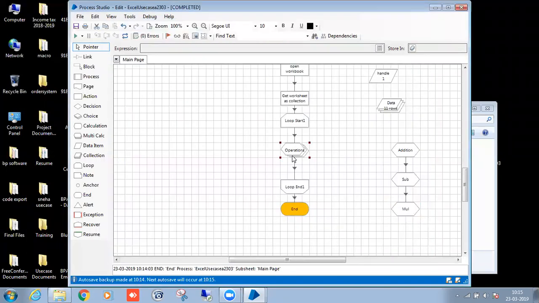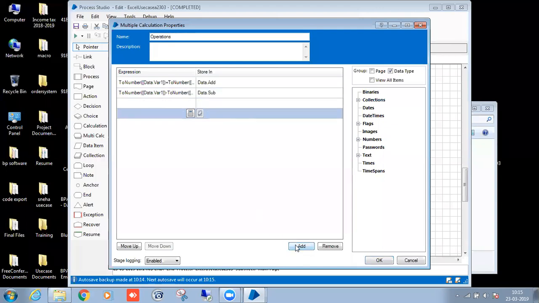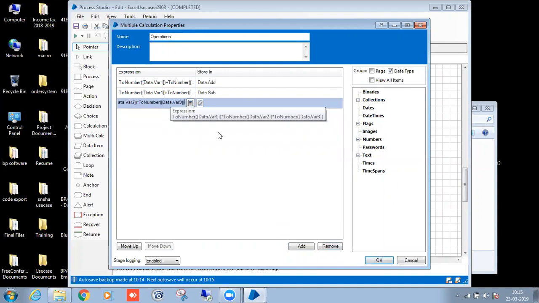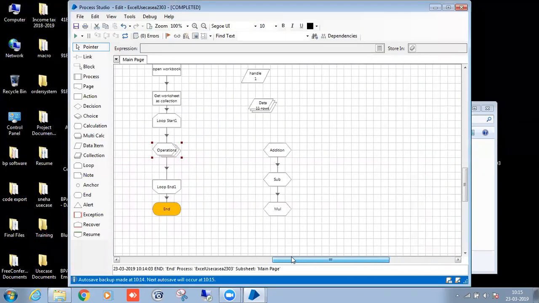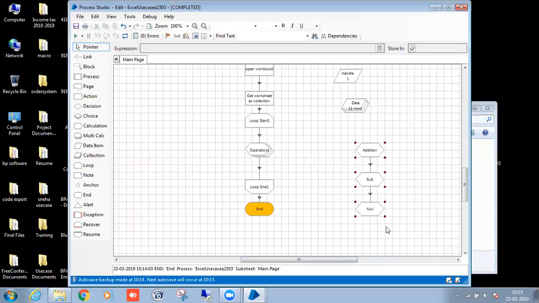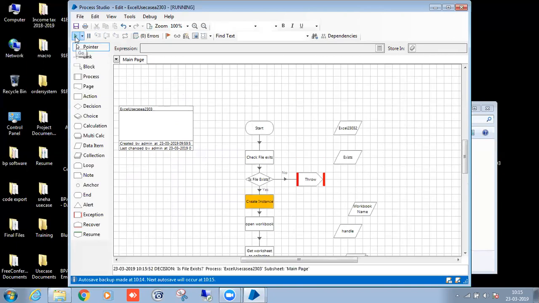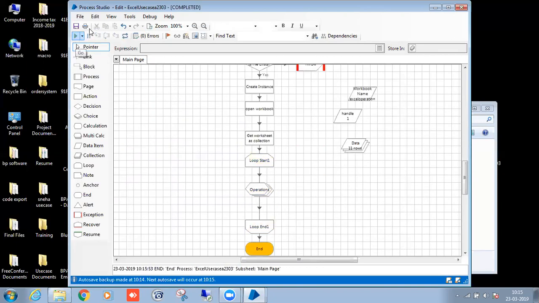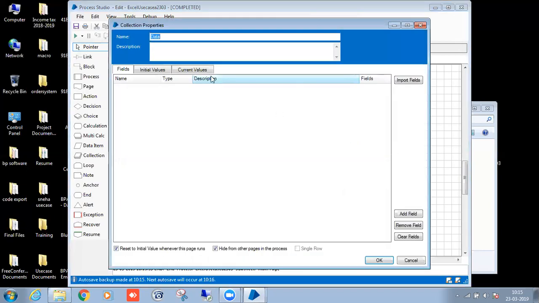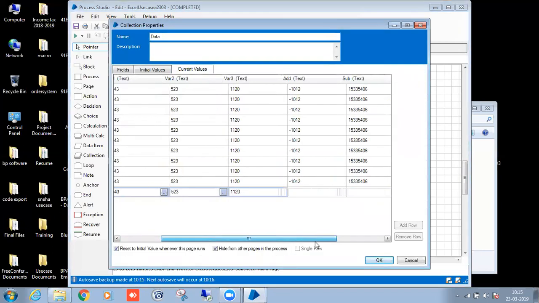Copy it. Add. You can add n number of operations. So we have only 3, so I'm putting in 3. Refresh, set, and done. See, everything is there.